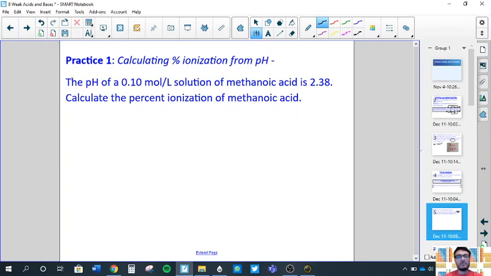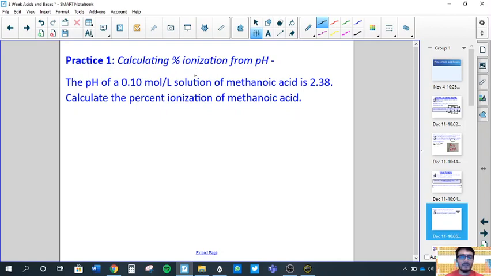Okay, so now all of this hopefully will be put into context as we do our first example. Here it's asking us to calculate the ionization constant. Let's say it again. Calculate the percent ionization from a given pH. Now, this lesson could actually be very short because that's essentially all the concept behind the equilibrium of weak